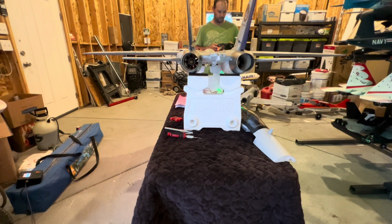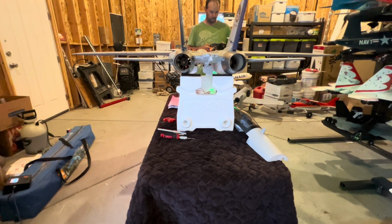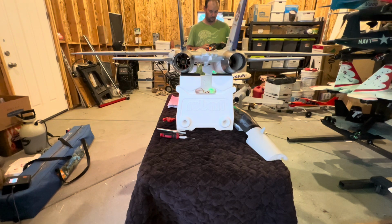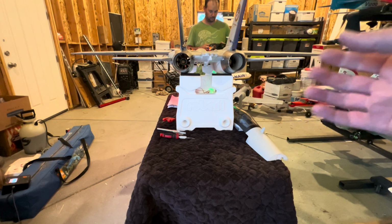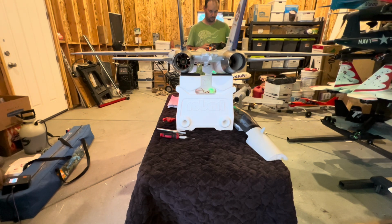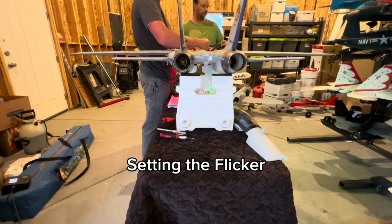To set the throttle to 30%, you have to have the throttle cut off in order for it to work. We're going to hold down the set button, and these LEDs are gonna flash 3 times. 1, 2, 3, and that's the new default setting for the orange LED to turn on. At 30%, the orange LED will turn on. 20% before that, the blue light turns on and starts flickering. So that should be 10%. Whenever you're ready,